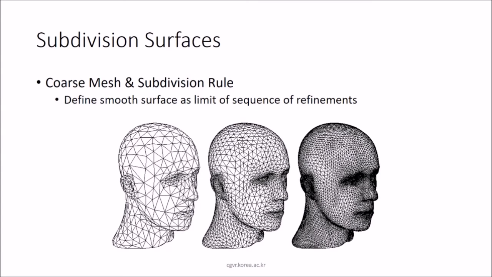This is the subdivision surface. Subdivision surface means you can have a coarse mesh and a subdivision rule, that is, we define smooth surfaces as the limit of a sequence of refinement. This is a triangle. Again, this is a mesh only, but one triangle. Here, this triangle contains many triangles, and in this case, this triangle again consists of various triangles. So tessellation, say x here, nx here, n square x here. If you increase the tessellation, the smoothness will be high. You'll see a smooth surface here, and here you'll see a coarse surface.